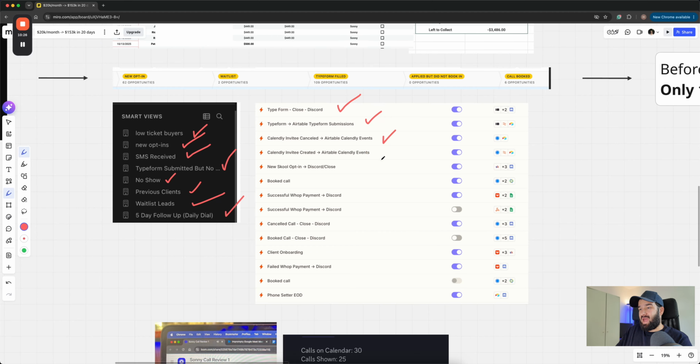Whenever someone books a call and cancels a call, this is a super important one, which a lot of people don't do. Whenever somebody cancels a call, we get notified on Airtable and also on Discord. We use Discord as our team communication platform for the internal team. So it's very important to know, because a lot of people cancel for stupid reasons, like they just can't find another appointment time or something like that. So we want to be alerted straight away whenever someone cancels an appointment so that the setter can call them up. And also, whenever a new appointment is set up, obviously we want to be alerted so that the phone setter can call them up and triage a call, make sure that they're qualified.